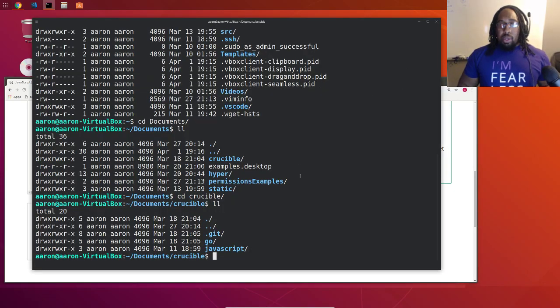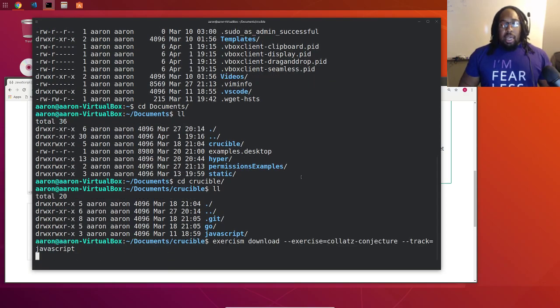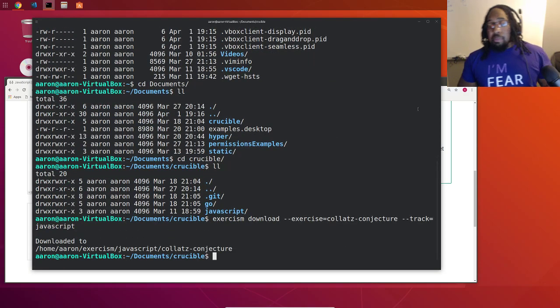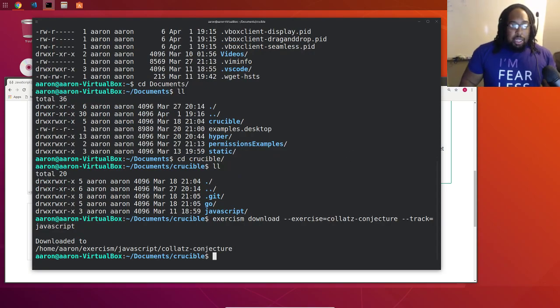Okay, cool. We'll use this download. Once you get the command line installed, you can just paste that into your terminal. It tells you where it's downloaded, so we will change into that folder. I'm actually already in the Crucible folder. This Crucible folder is a Git repo that I'm putting everything in. I could make the Exercism one a folder for the answers, but there's a lot of other files in there that I didn't want to mess with. So we're going to put the answers in here, but we'll go here first and do our coding.